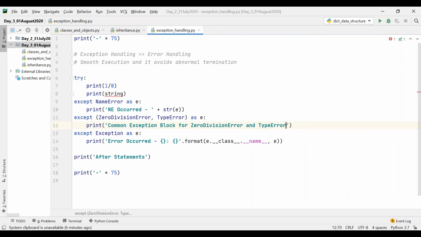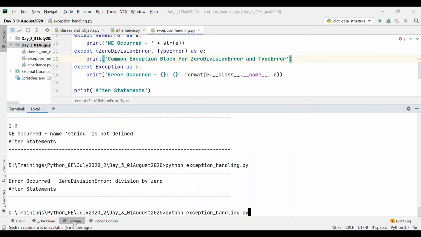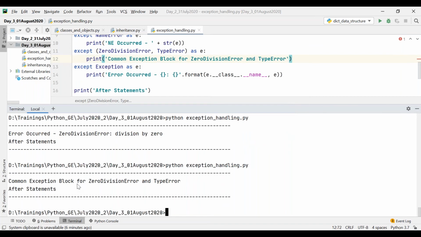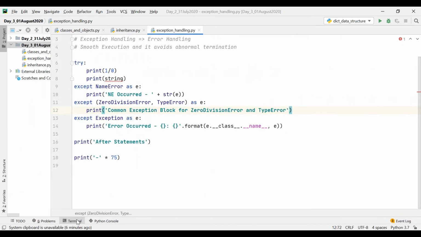So now if any exception of type zero division error or type error occurs, this particular block will be executed. Okay, so now you can see here common exception block for zero division error and then type error. Okay, so this is what the flow is.